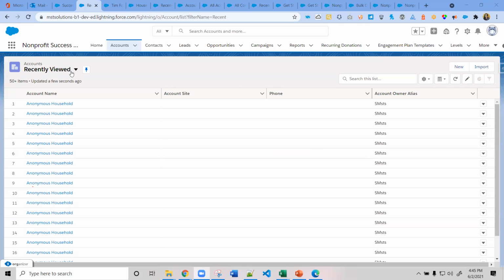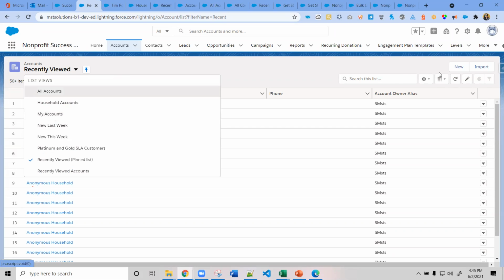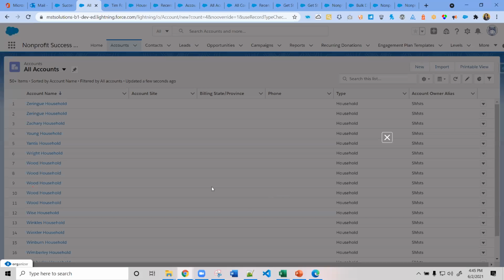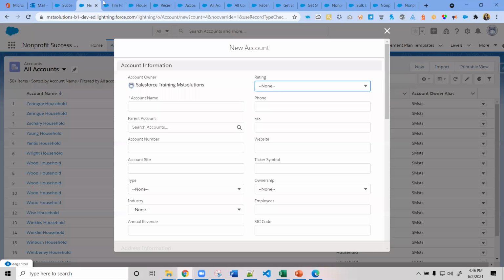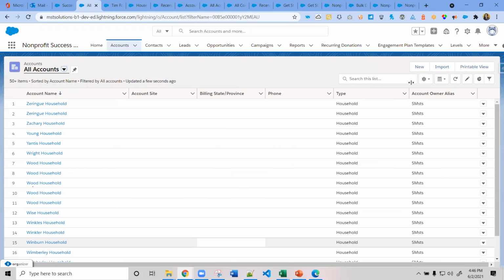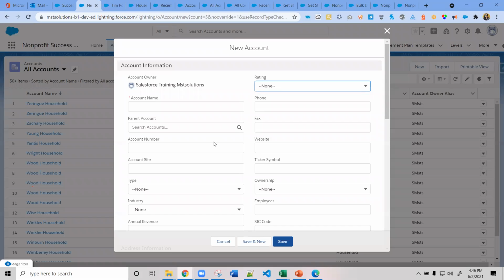Because of the storage limit, the organization accounts are not created here. Whenever you click the new button, by default this account will be created under the organization record type. In the profile level, it will set the organization record type. If you want, we can give permission for the profile, and by clicking the new button, it will show a drop down to choose what type of account we are going to create.